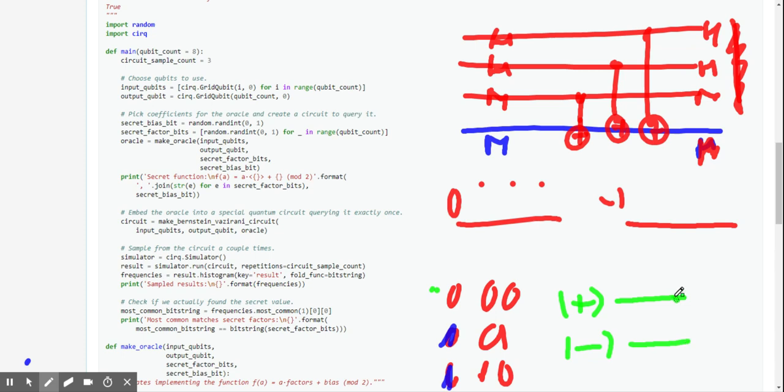And so when you do a control knot, uh, so you've got